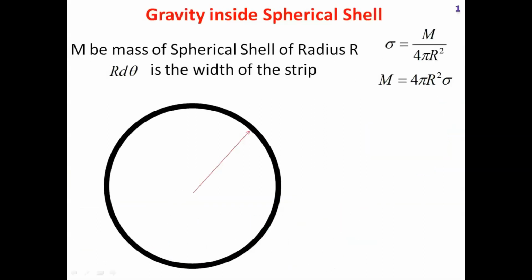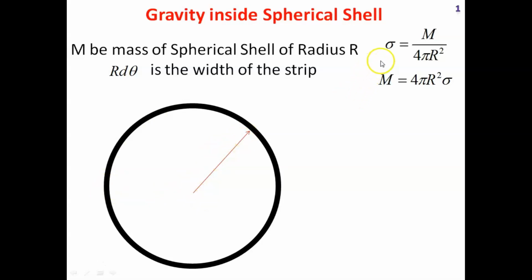Now we shall deal with the rigorous equation of finding gravity inside the spherical shell, wherein I would like to pass a remark that inside, the gravity goes on decreasing and at the center it vanishes. We shall empirically derive the formula for that. Let us consider a mass M of a spherical shell of radius r. Here in the diagram it is depicted that the spherical shell is shown by a thick line, and the thickness of the line you can imagine as dr, capital R to be the radius of the spherical shell.